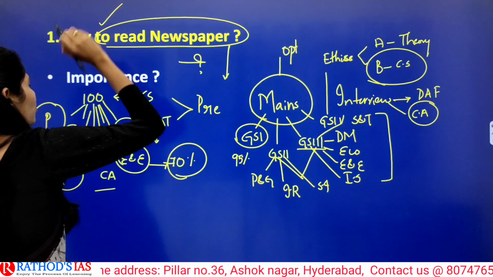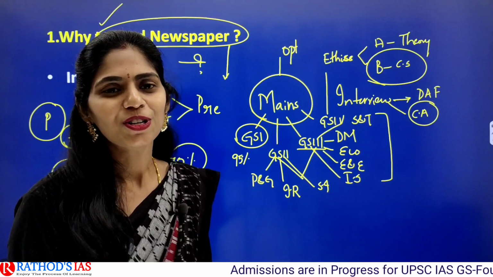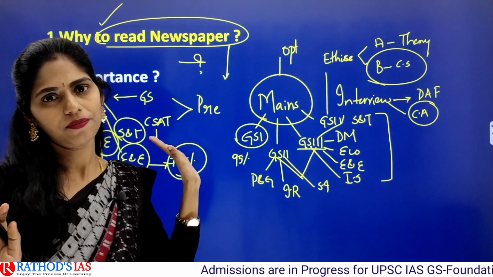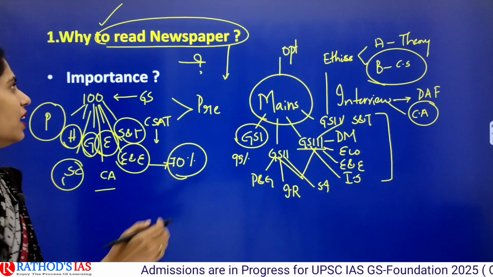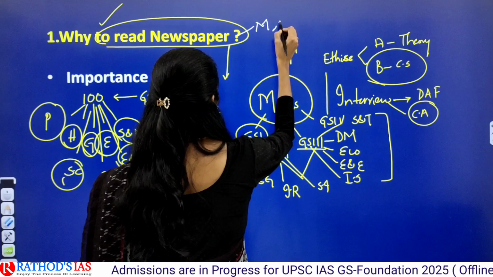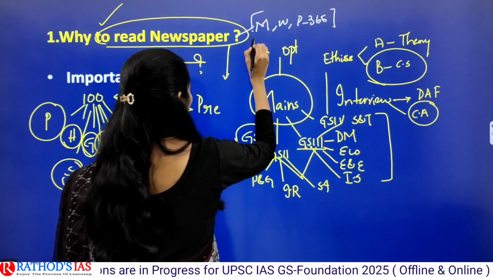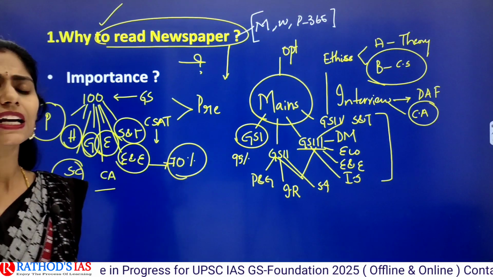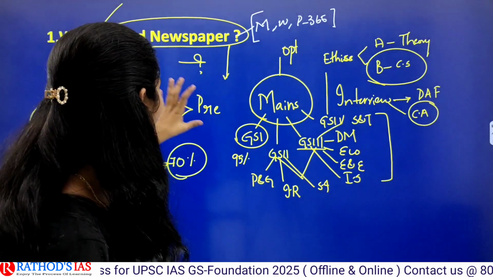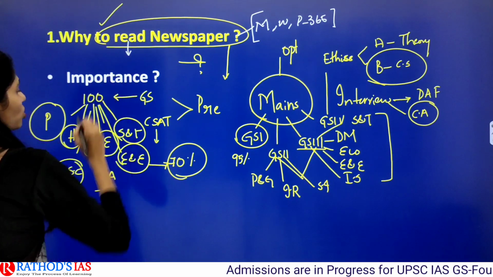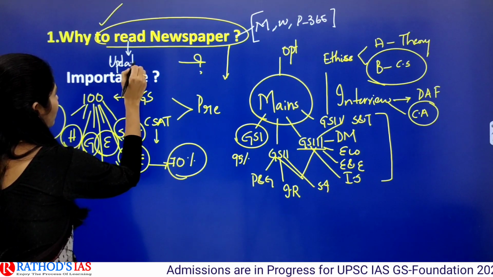So if you want to clear your UPSC examination, there is no shortcut or jugaad. So you have to read the newspaper for sure. And in the market, you will get different content, like monthly analysis or weekly analysis, or at the end of the year you will get PT 365. But none of the material present in our market is an alternative to the newspaper. So you have to read the newspaper because issues will be covered on a daily basis. You will be updated every day.